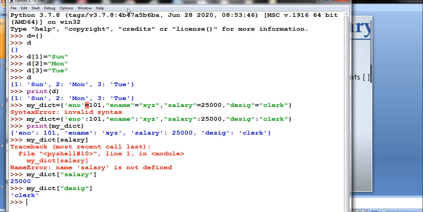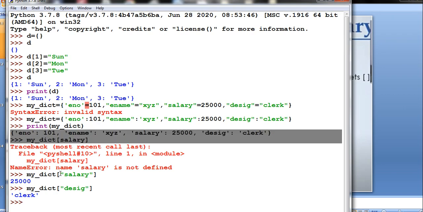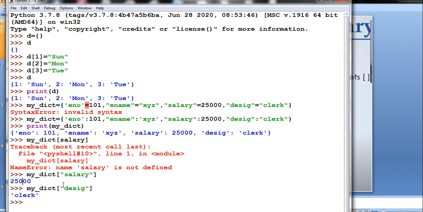So it will display what is your designation. So you can access each element like this, understood? You first assign a key-value pair, and by specifying a key you can get its value. Now if you give a key which is not available, let us see. Suppose I am looking for a commission, or an address which I have not given, which is not there in our dictionary.